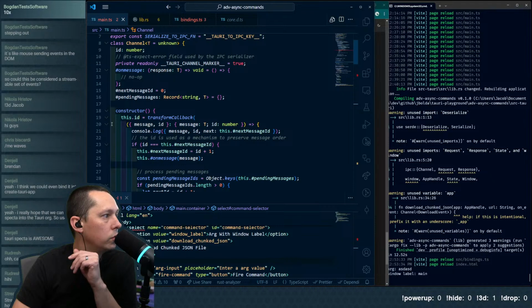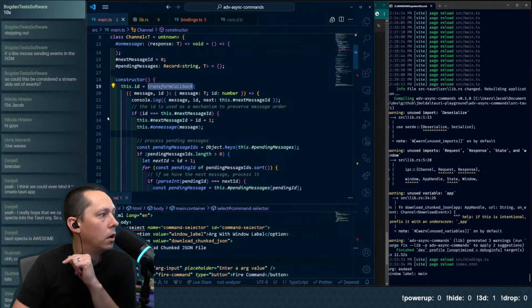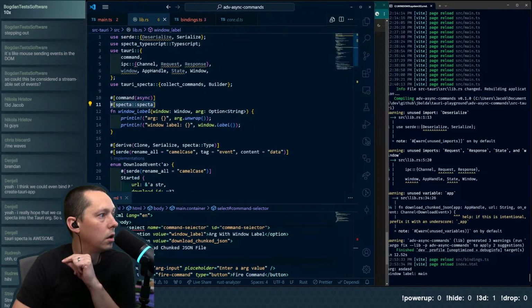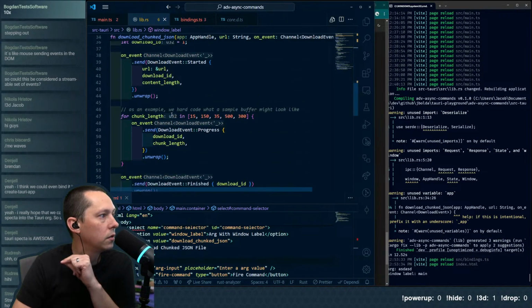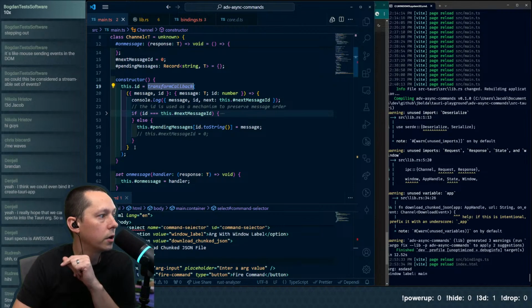So once you've defined this ID, you give it a callback function. This transform callback is the thing that handles the ID creation and that wiring. So every time we call onEvent.send on the Rust side of things, we are triggering this callback.